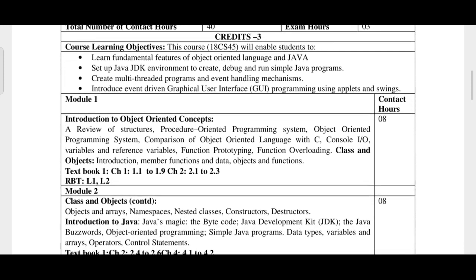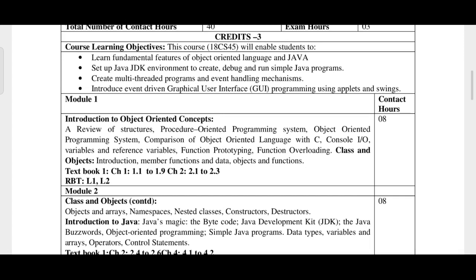So in the first module, as an introduction, we will be studying about C++. Introduction to object-oriented concepts: review of structures, procedure-oriented programming system, object-oriented programming, comparison of object-oriented language with C, then console input-output, variables and reference variables, function prototyping, function overloading, followed by classes and objects.